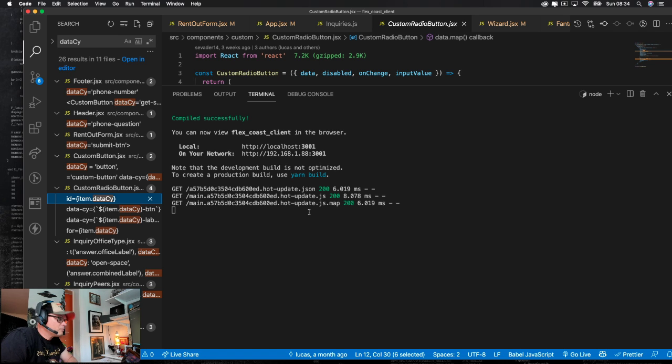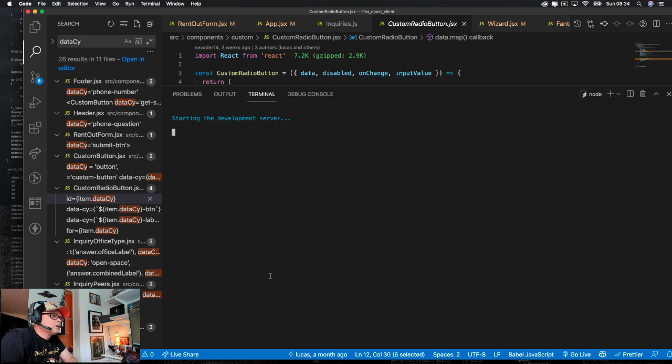What if I stop the, what was it, yarn start, right? If I do yarn start, will I get some better output in the console? Perhaps I will. Who knows?